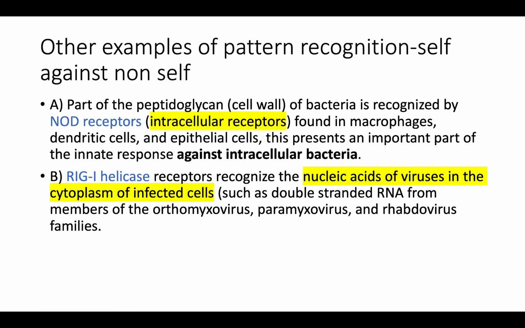Other examples of pattern recognition self against non-self هم حكيناهم ال NOD receptors, part of the cell. These are intracellular receptors. معناته I'm moved towards intracellular bacteria. معناته more cytotoxic response. RIG-I helicase, also nucleic acid of viruses, مش bacteria, in the cytoplasm of infected cells. لهون بنوقف ونخلصنا المحاضرة الأولى, or the introduction of immunology,